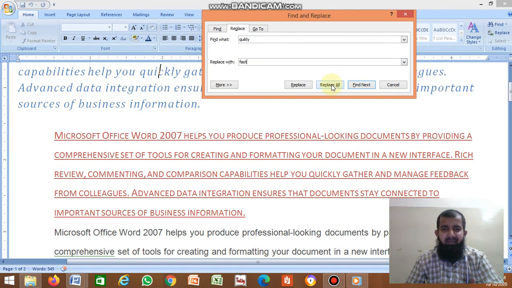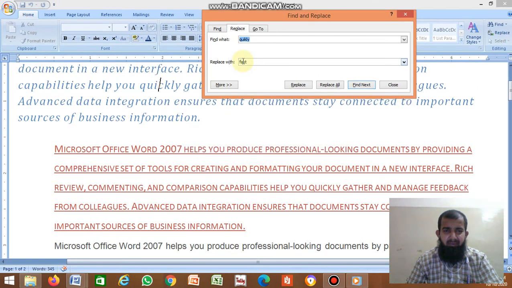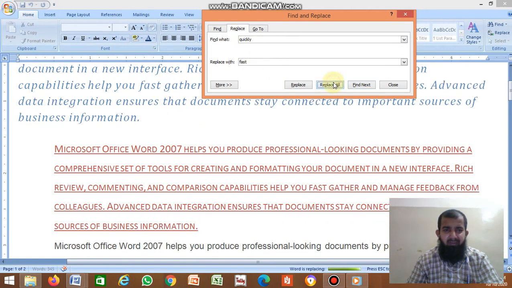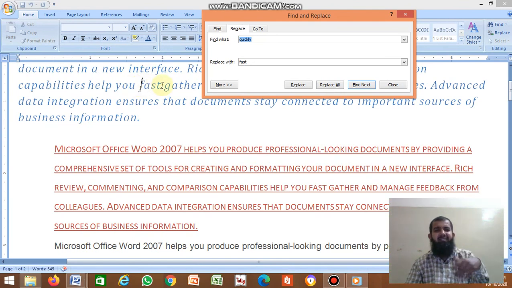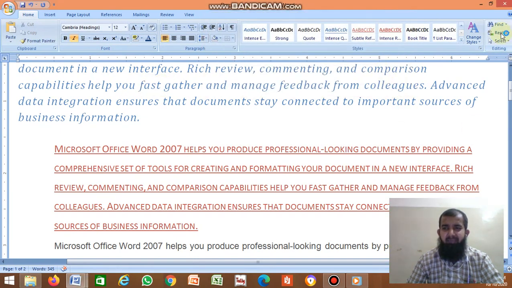Then click replace all. So here quickly is replaced with fast. Wherever the word quickly is there, it is replaced with fast. Clear, no? That's about replace.